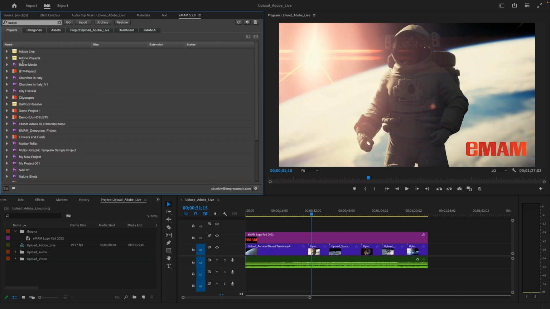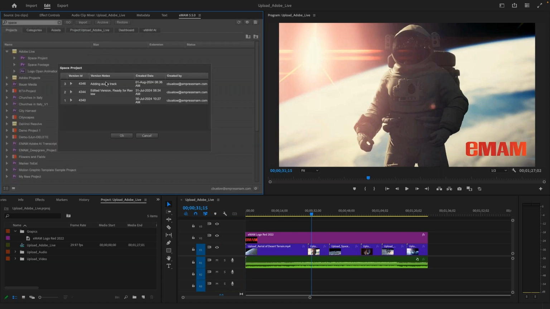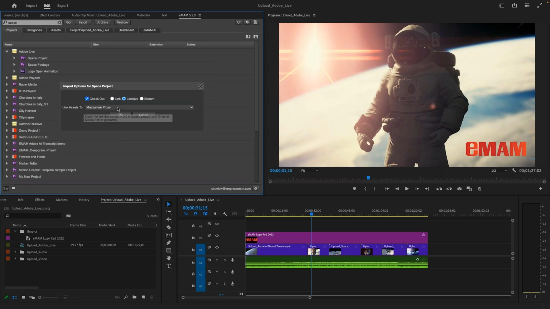But within the items here as well, you can go in and search for projects, select the projects, and then import those projects. And again, I can select different versions as well. Once I'm importing those, I can select the proxy or MES copy that was created for me on the ingest, and then of course also link with the original media. So these options all depend on where you are and where the media is. We can explain offline those different options as well.